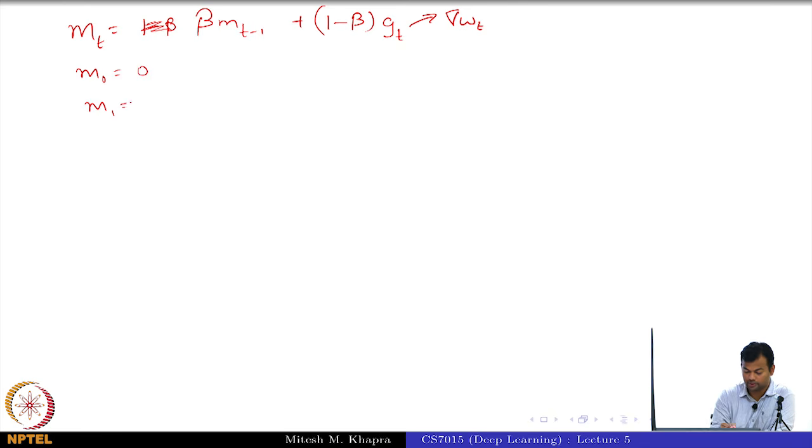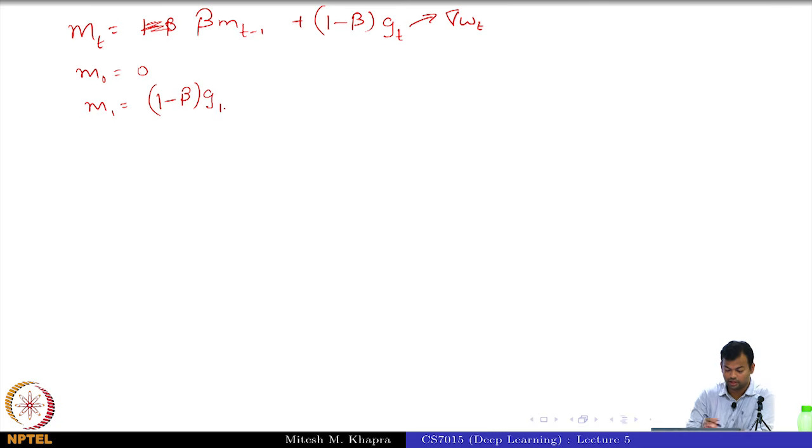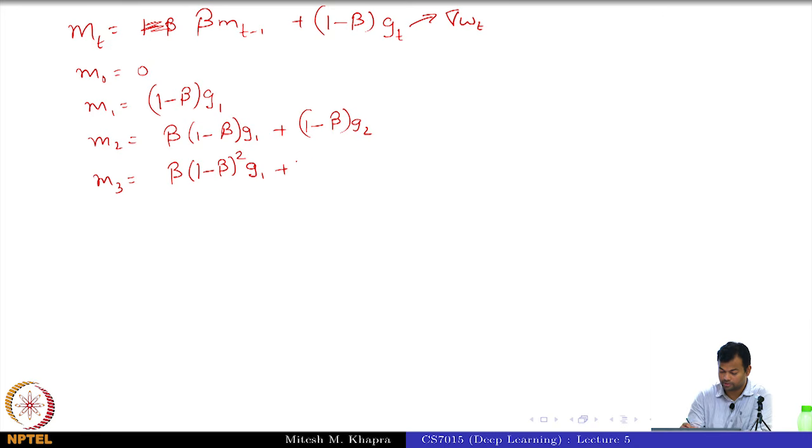So M1 is going to be 1 minus beta into G1. M2 is going to be beta into 1 minus beta into G1 plus 1 minus beta into G2, and M3 is going to be beta square into 1 minus beta G1 plus beta into 1 minus beta into G2